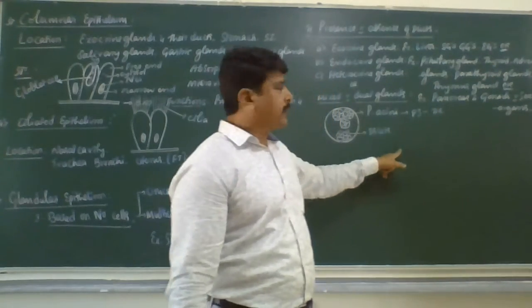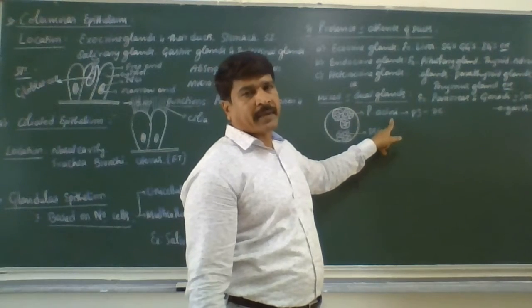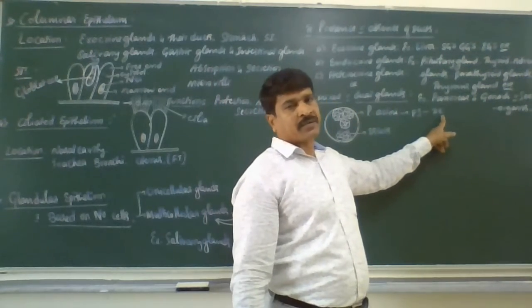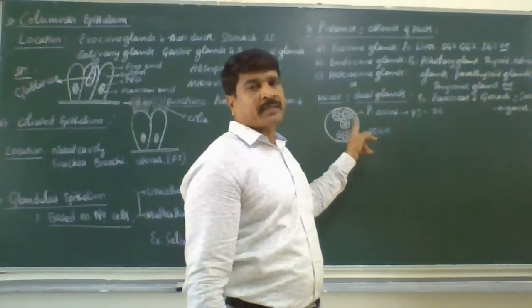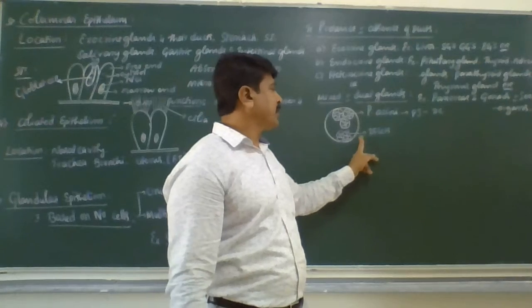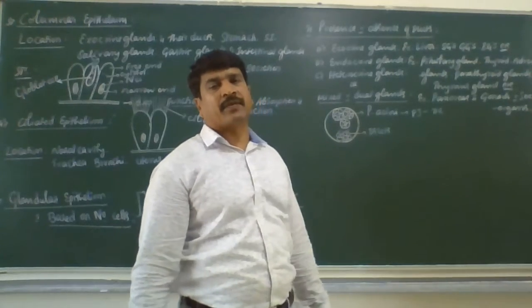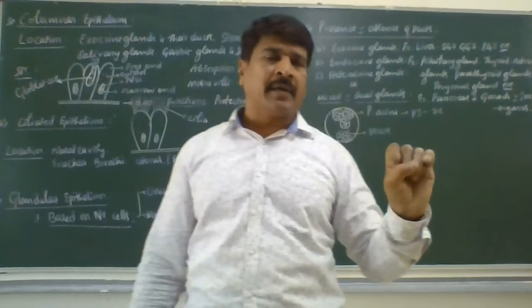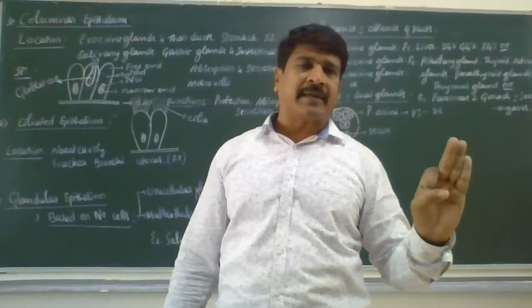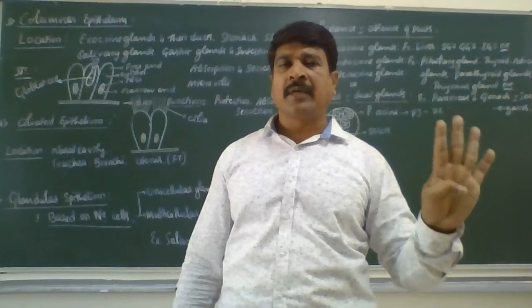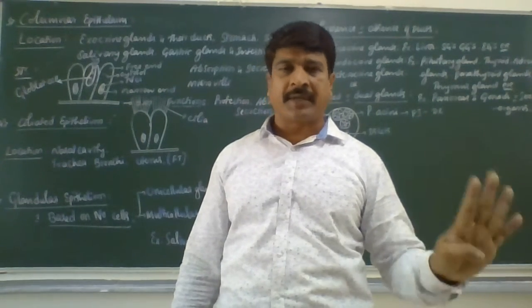See, in the pancreas, the exocrine part is called pancreatic acini, which secrete pancreatic juice containing digestive enzymes. The endocrine part is made up of colorless, irregularly distributed cells called islets of Langerhans. In the islets of Langerhans, four types of cells are there: alpha cells, beta cells, delta cells, and gamma cells. This we have discussed in the endocrine part of chemical coordination and integration.